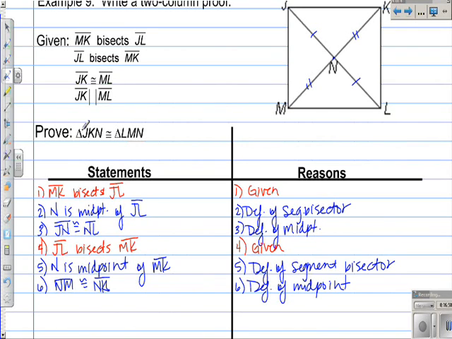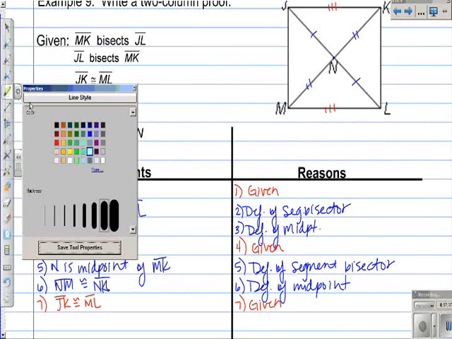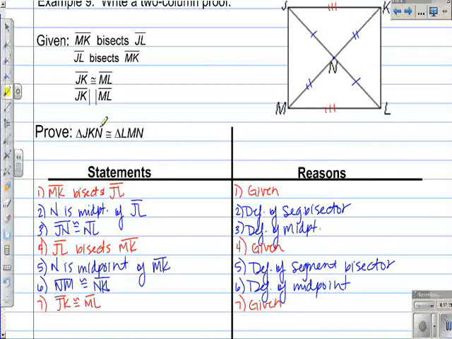Okay? From here, we're told that JK is congruent to ML. Go ahead and mark my picture. JK is congruent to ML. Now, we have a lot of things congruent. Let's go ahead and look really quick. Our ultimate goal, and I would use a highlighter or a color, is that there are a lot of triangles in here. We're supposed to prove two triangles congruent, but it could easily be easy to get mixed up. So I would go ahead and highlight. We're trying to get triangle JKN, this triangle,